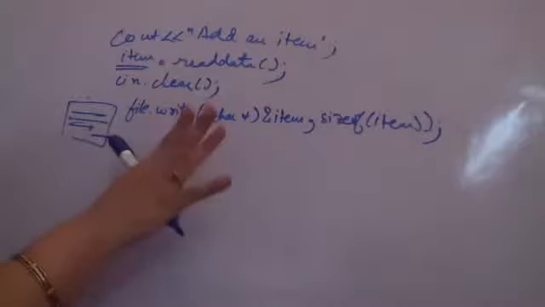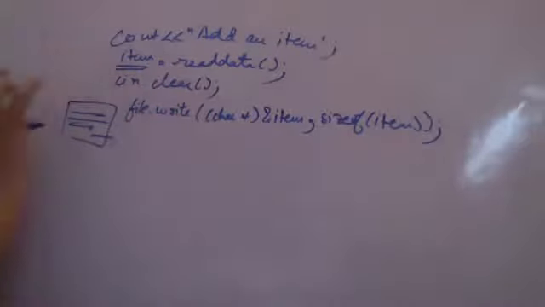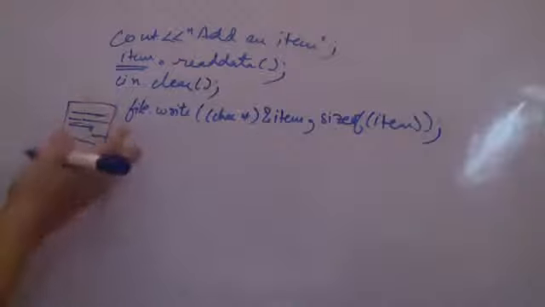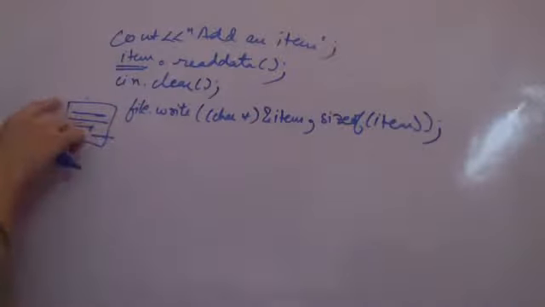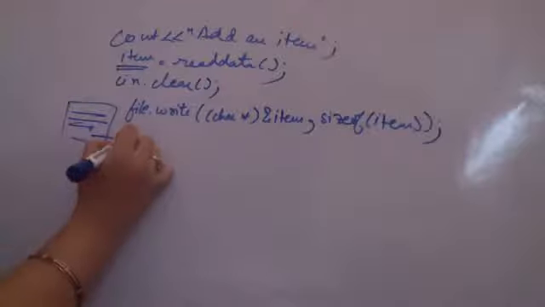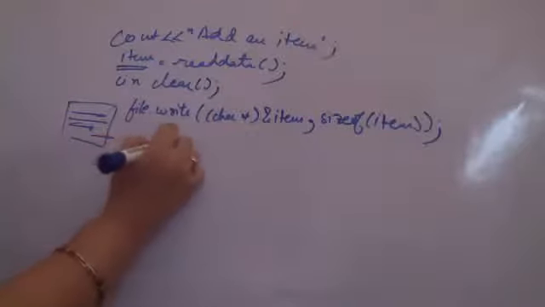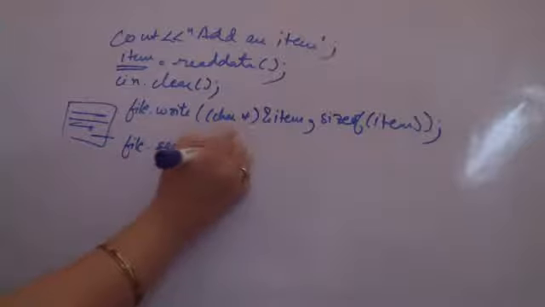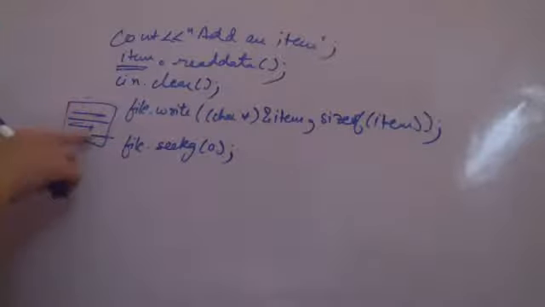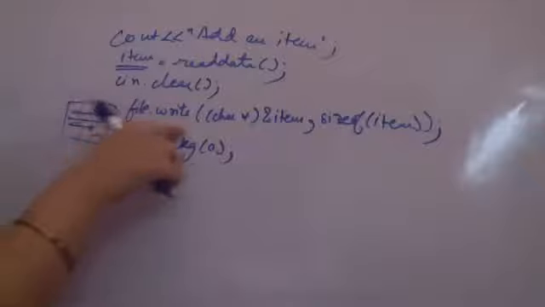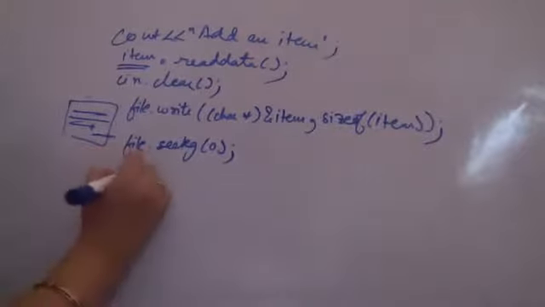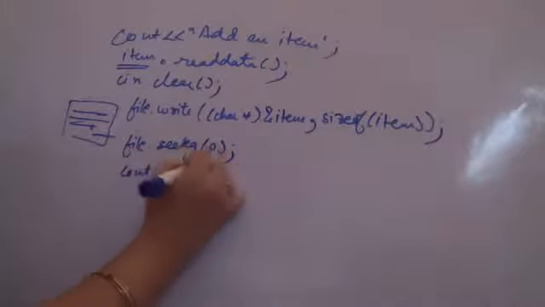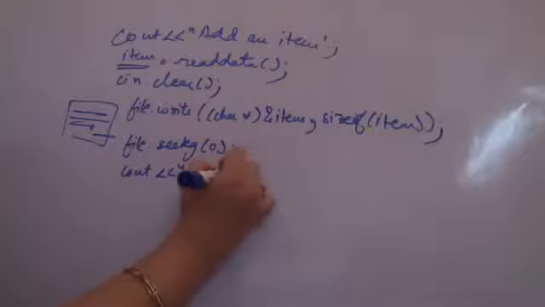It has been written. Now I can again display the contents of the new file. If I want to again display the contents of the new file, now I need to move the pointer to the 0th location again. So I am doing file dot seek g 0 so that I am at the beginning, not at the end now, after the write. And I can again use the same loop to print the contents of the file. That is, now I am using new contents supposedly.